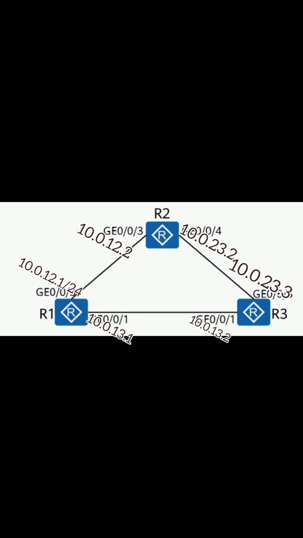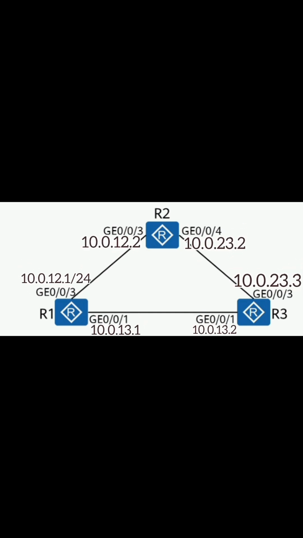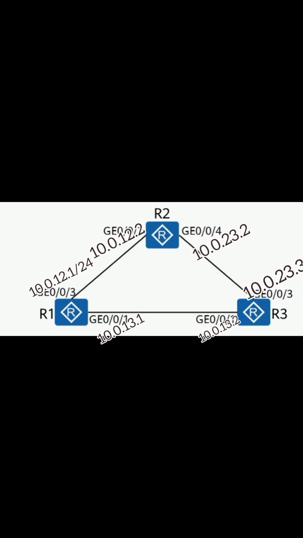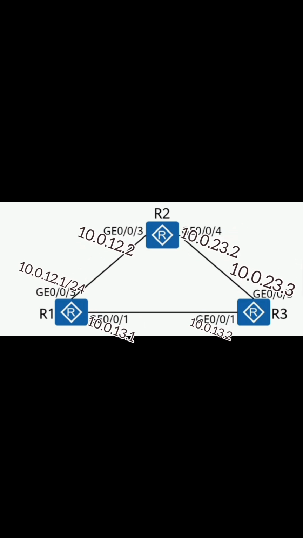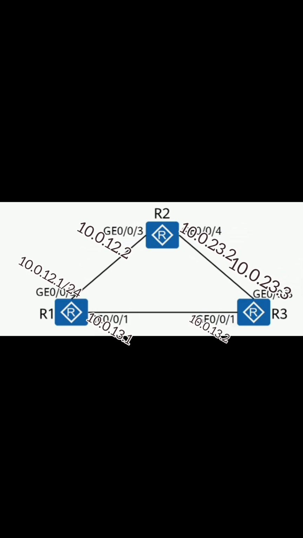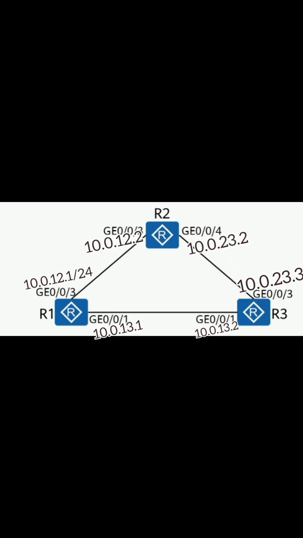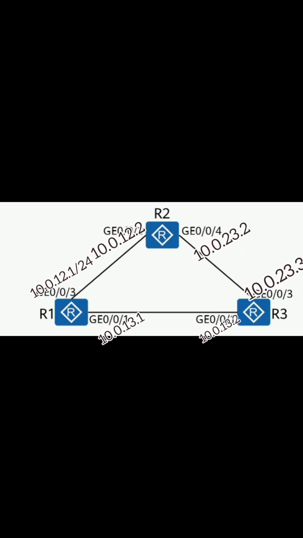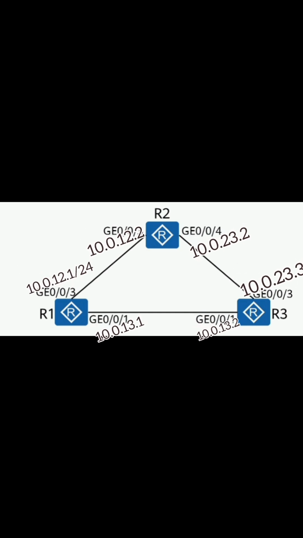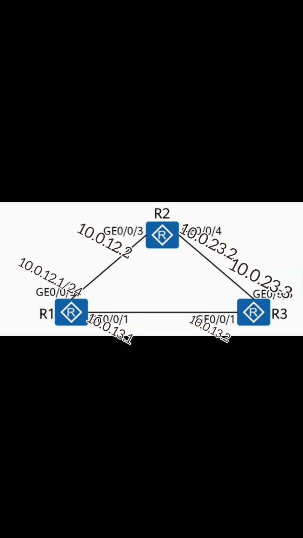This image that I'm showing you, you can see that the IP address of each line is the same, like they are of the same network, right? What I'm saying is router 1 can ping 10.0.13.2. Router 1 can also ping the network 10.0.12.0, that's like 2, you get. Router 1 cannot reach the networks 10.0.23.2 and 10.0.23.3 because it has no direct connection to that particular